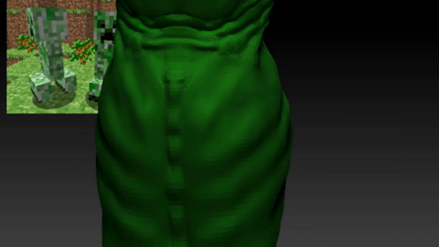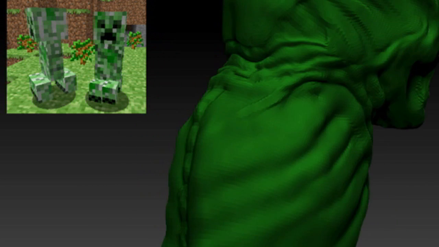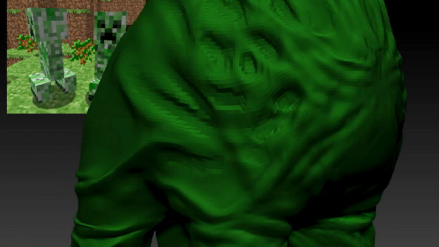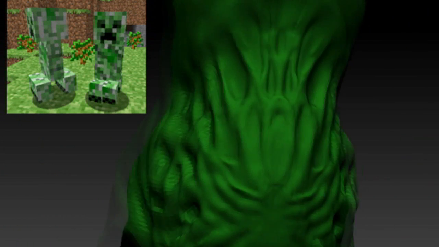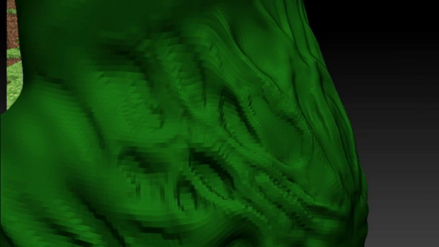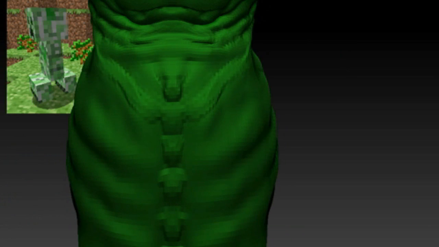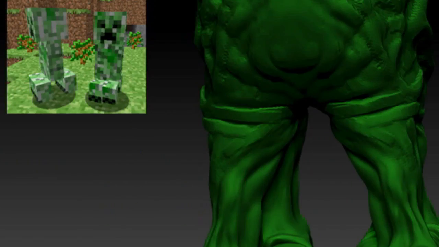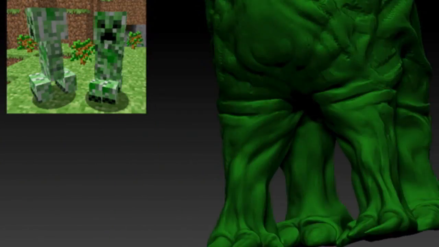I know that this is a whole new day because the color changed, and I really don't know why I made it dark green, but maybe it's so I can see the details better. So I'm adding more lumps right here on the stomach, so it will look good on the upper subdivision. So yeah, there you go. More emphasis on the rib cage, more wrinkles on the back, more on the legs, but yeah, it's coming along real fine, real good.